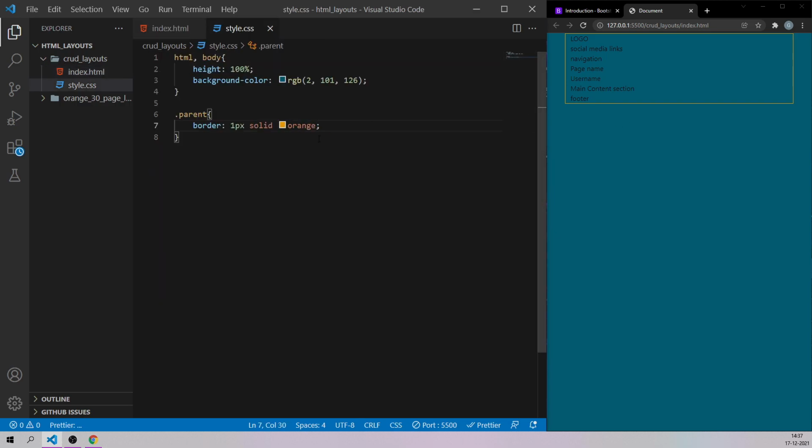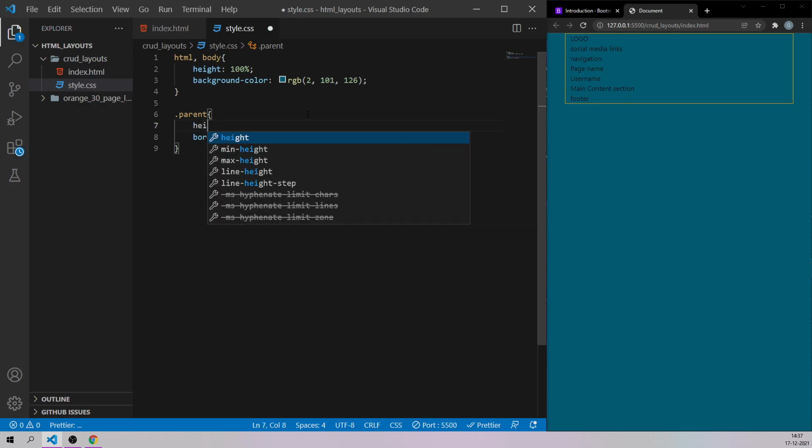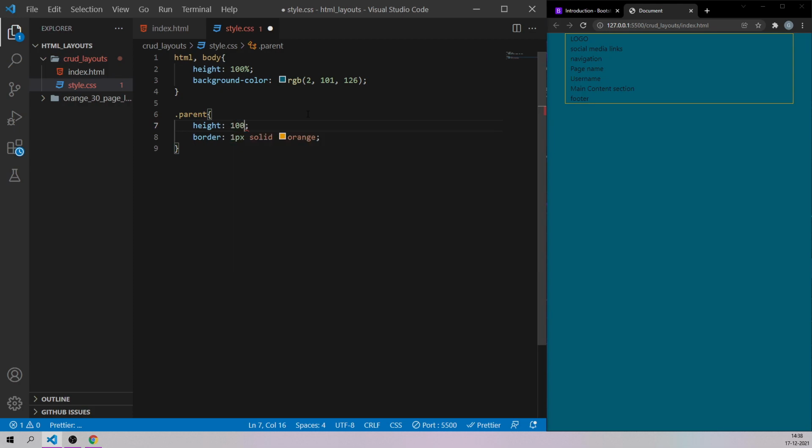The first thing I'm going to do here is set the height of this parent container to be 100% of the body. See guys, here the width of the HTML and the body is set to 100%, and just like that, I have set the parent element also to be 100% height and width of this body.